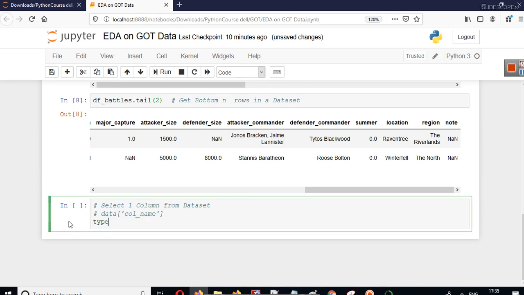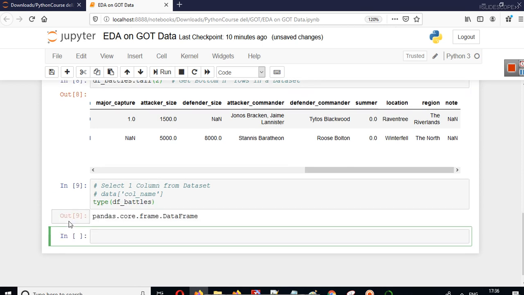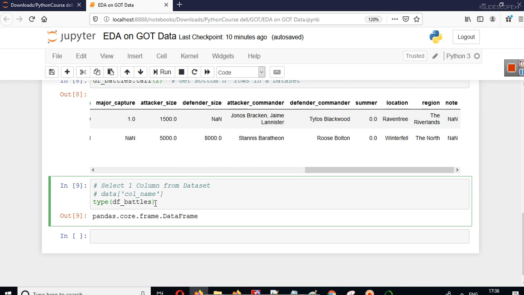Just write type and write df underscore battles. This will give you pandas core frame DataFrame. So the data type is pandas data frame type. That's why you can access methods of the pandas library using this variable, and that's why we used the dot head and dot tail methods, which worked perfectly for us.